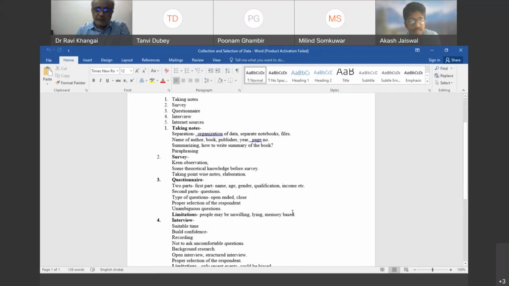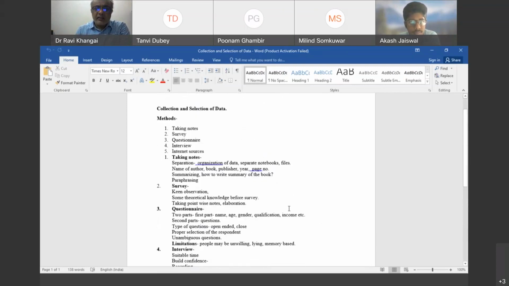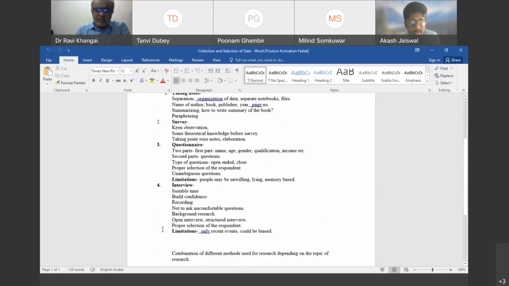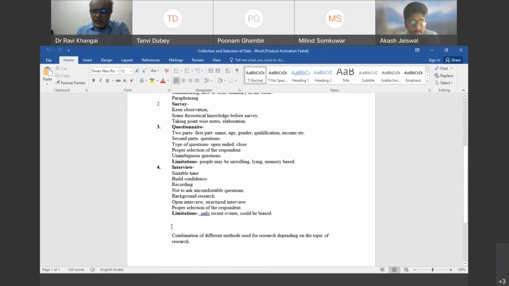And though these different methods, 4 or 5 methods we have discussed today, all have their own importance, their own shortcomings, their own advantages. But generally speaking, in research, you have to use a combination of all these methods together. For example, the first method, that is taking down notes, is generally used in all kinds of research. If you are engaging with ancient texts like me, Mahabharata, for me, interview may not be a very pertinent, very important method of data collection.